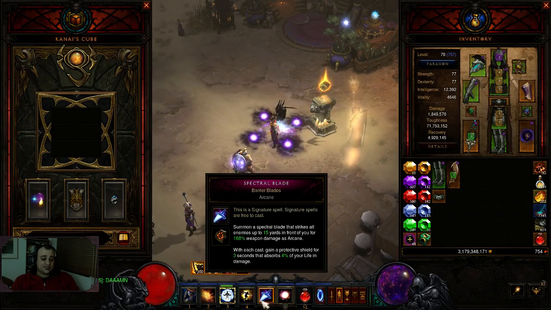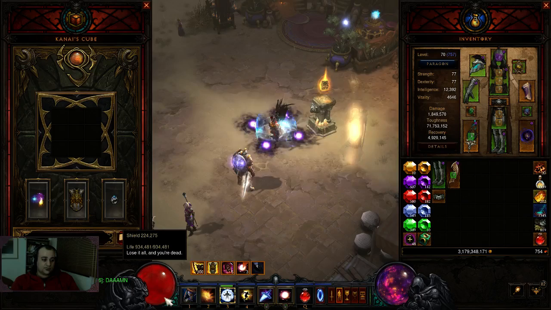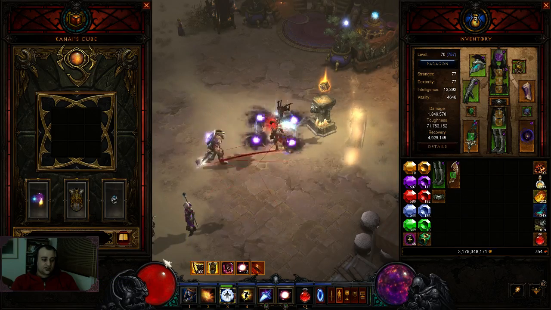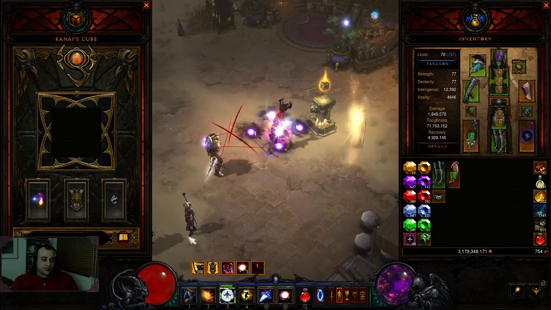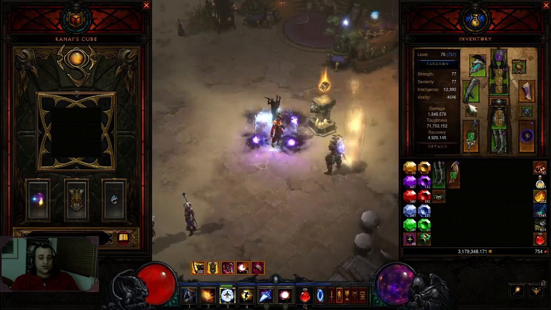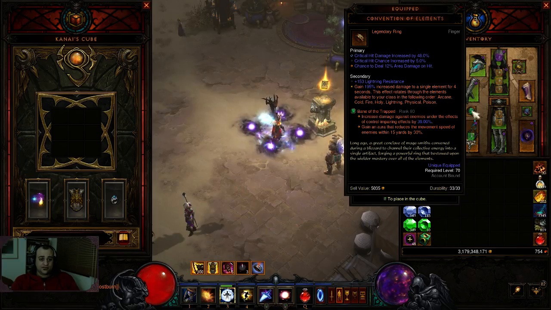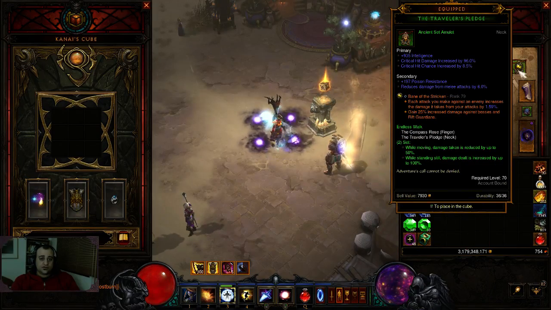4% out of your maximum life as a shield per attack. And that stacks up to, well, you can see the shield number at the top here, about 200k-ish. So that's kind of a nice damage absorption. You'll use Convention of Elements because it's really strong. Even this season, you'll use the